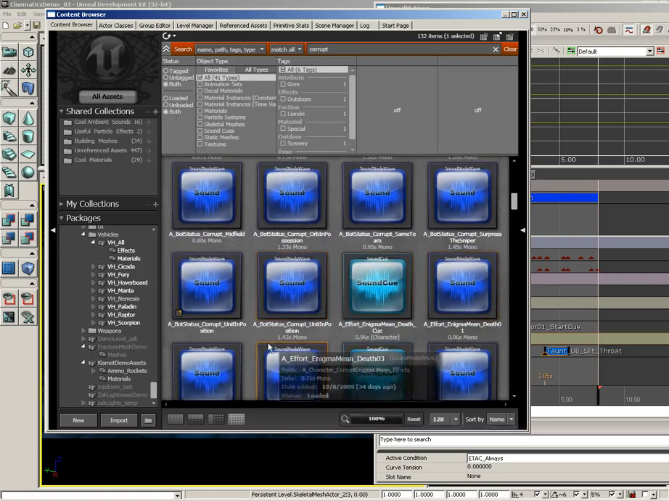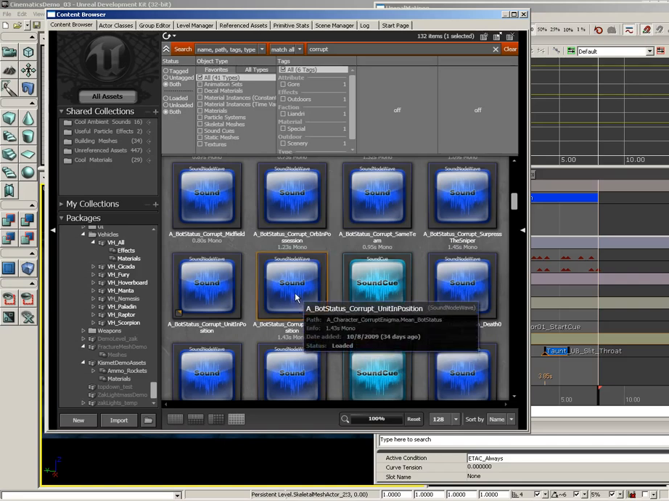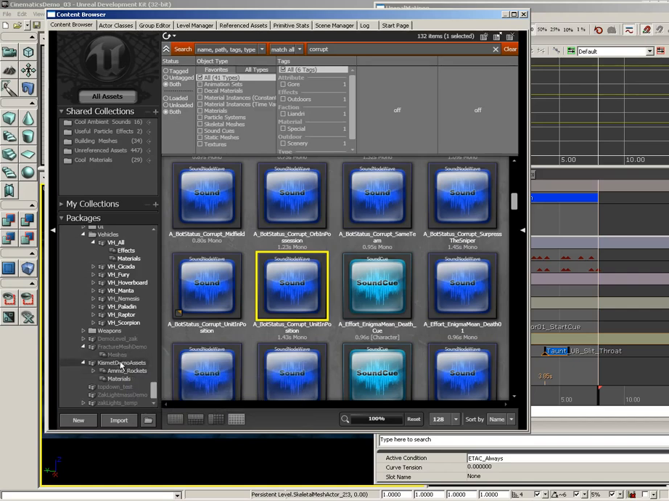So here's a bot status corrupt unit in position. Unit in position. See, that's just freaky to me. Unit in position. So let's use that, but currently we have kind of a rough time using it because it's